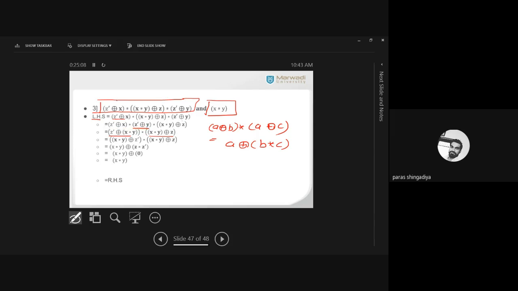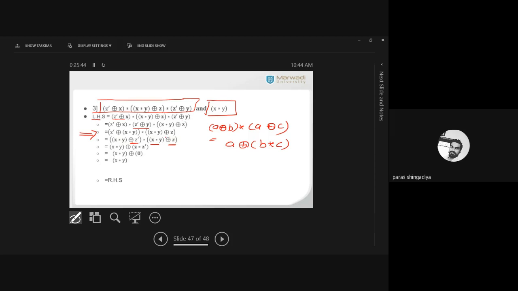Now check this third term where x star y is common in both the brackets. z' is different, z is different, but x star y is common. So again we apply the same rule to get the next step. Here, rearrange x star y as the first term. In the first bracket we have z' ring sum x star y, so write x star y as the first term and then z'. So x star y ring sum z', and here it is as it is, x star y ring sum z.